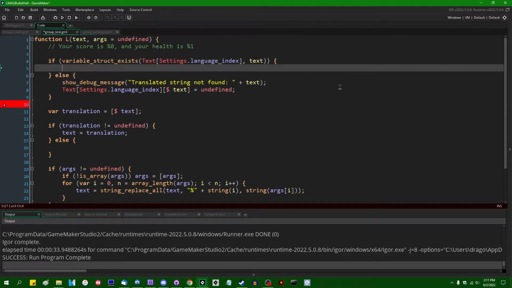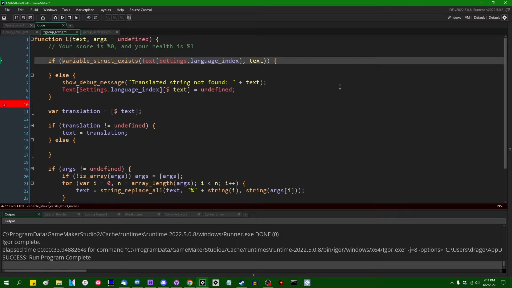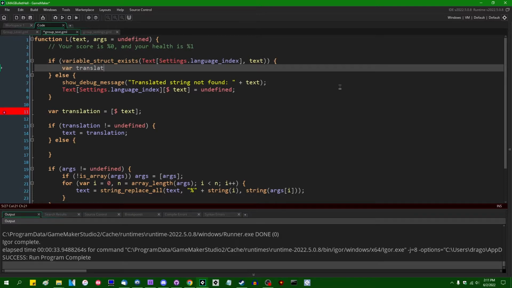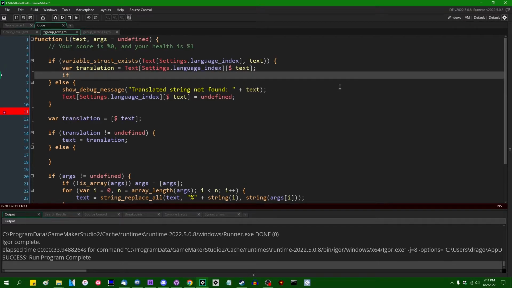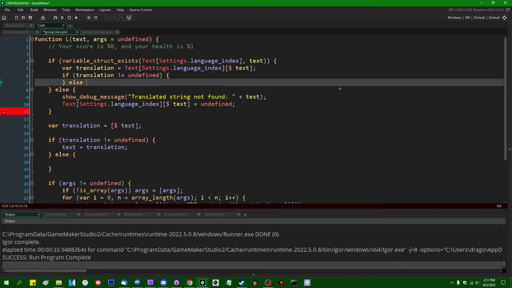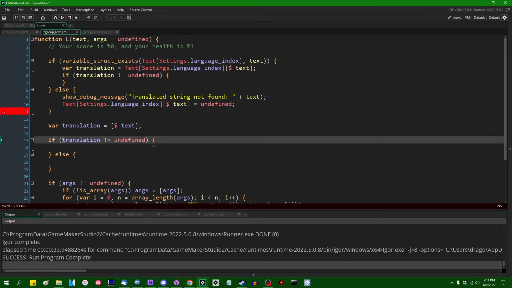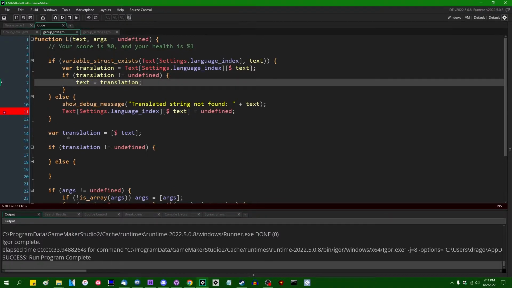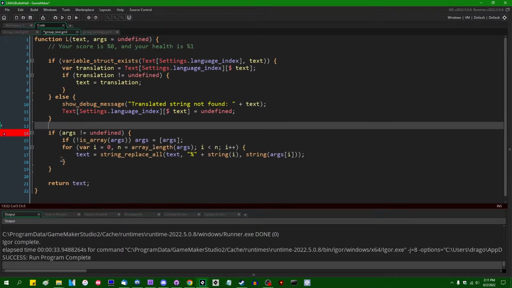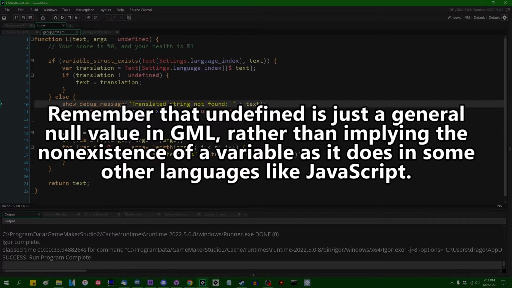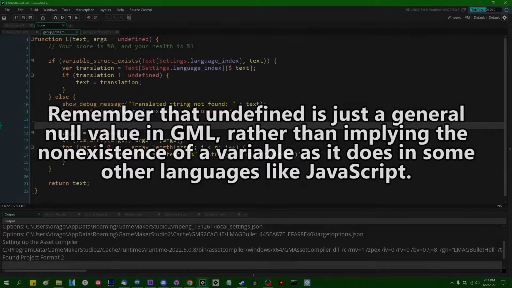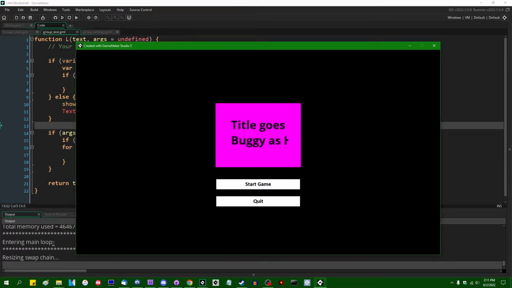But if the key does exist, we're going to say translation equals that, and if the translation is not equal to undefined, then text equals translation. Otherwise, we have already been informed that the key does not exist, the translation does not exist, and we will not spit out that text again. So hopefully that should cut down on the duplicate text a little bit more. It'll also sort of create a record of